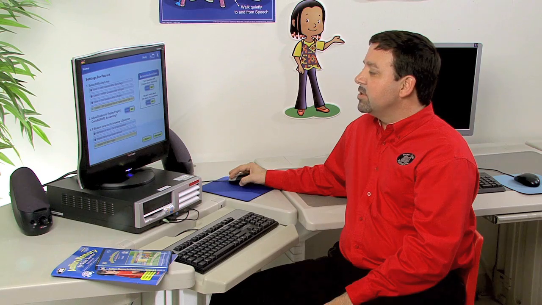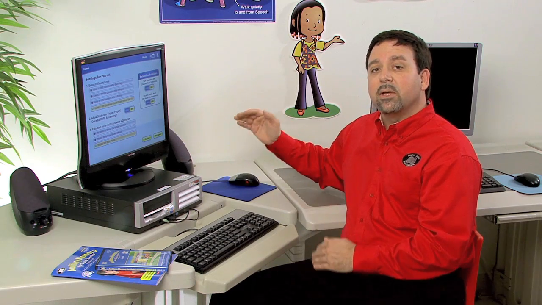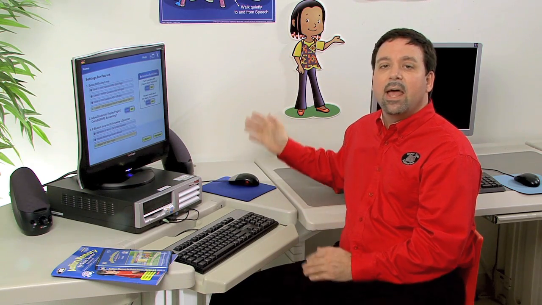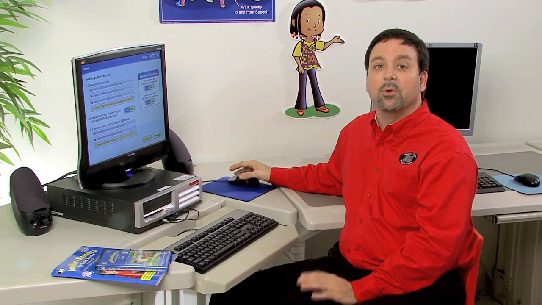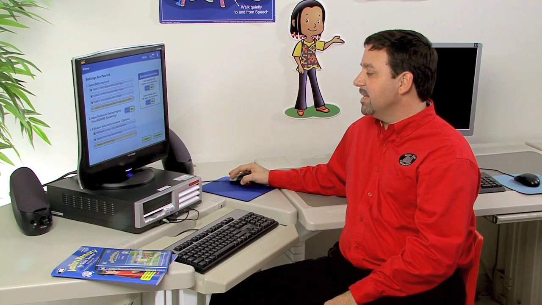Also, for extension activities, we can turn the questions off so that the teacher will ask the questions, and then also we can turn off the audio and turn off the questions, and this is going to be for the story retell section, where they're simply going to listen to the entire story and then retell that story back to you without answering questions. Once we have our settings set,